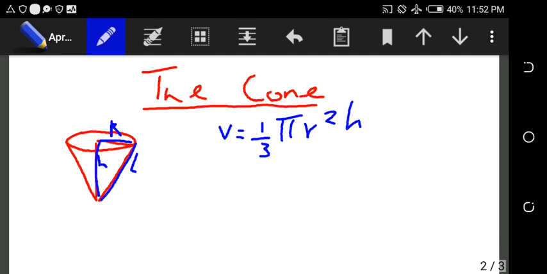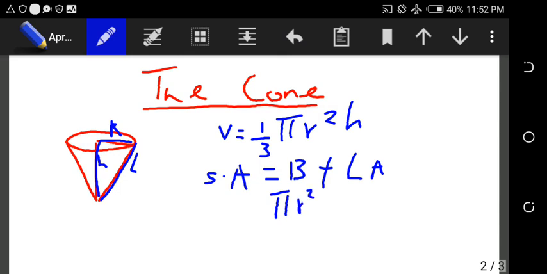Now the next one to consider is the surface area. The surface area of a cone is still given by the general formula, which is the base area plus the lateral area. Now, what is the base area? Our cone in this case has just one base area, which is a circular top. That's the base area, in this case just one. So that means that the base area will give us pi